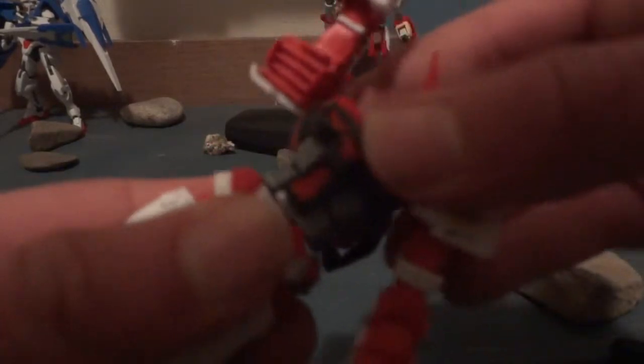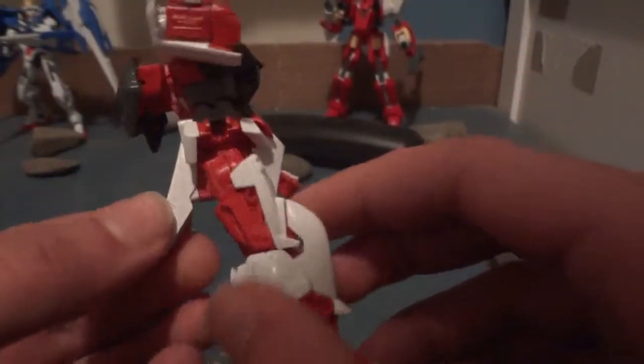I think he has, you know what, why don't I just pull these off for now. There. He does have a bit of that, but it's negligible. I thought he had a little bit of... No, he doesn't have a whole lot of forward and back movement. But anyway, he does... The only real...